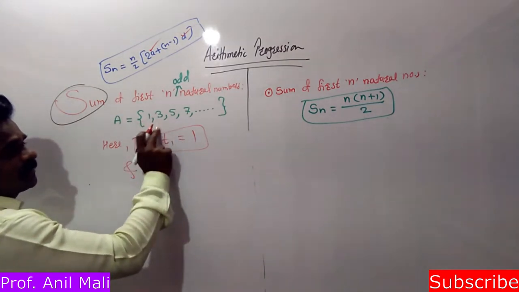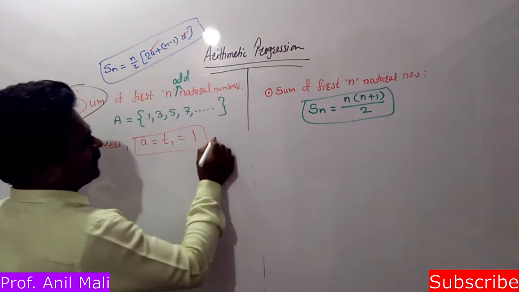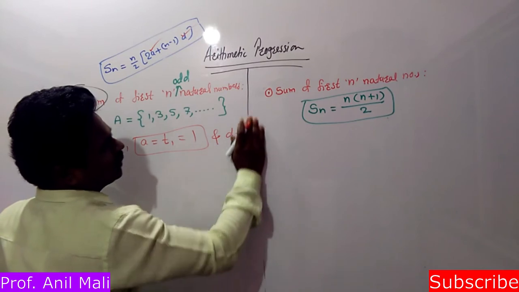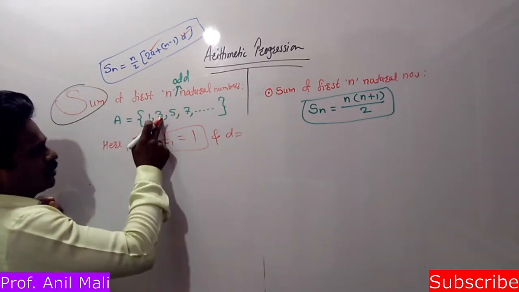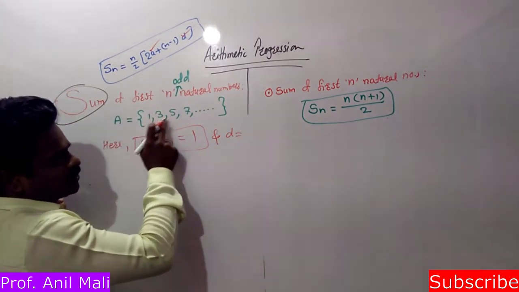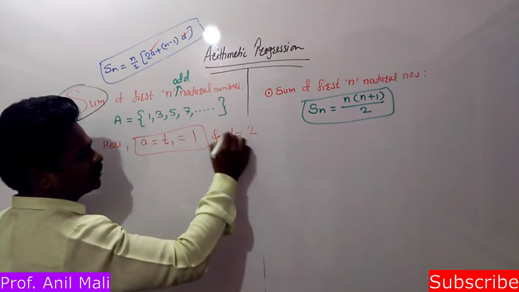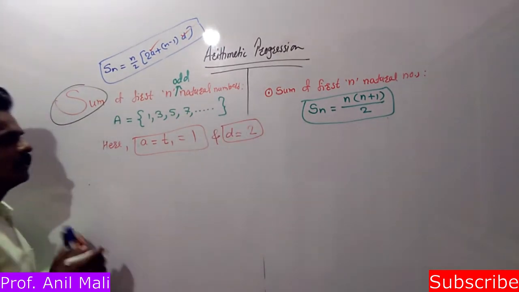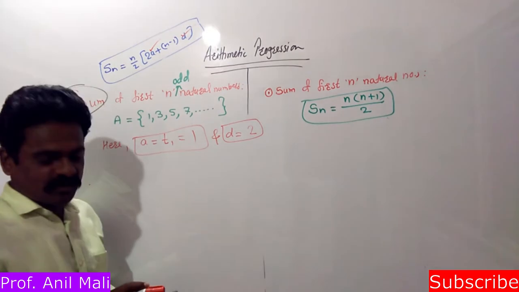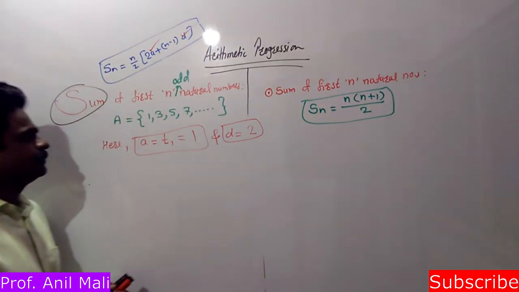D is the difference between two consecutive numbers. So 3 minus 1 is 2, 5 minus 3 is 2, 7 minus 5 is 2. So D is 2. Okay, no problem. So A is equal to 1 and D is equal to 2. Now,